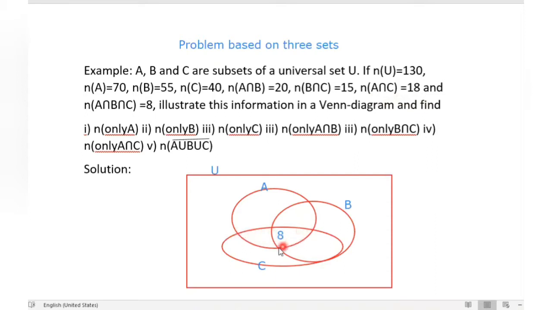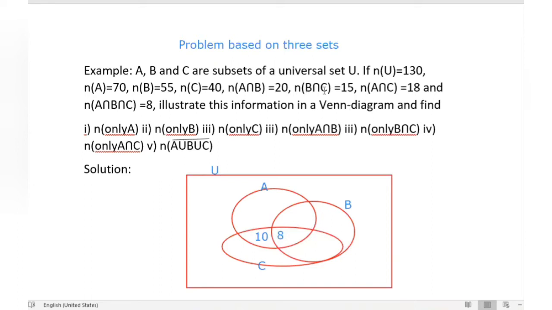This is the portion for A intersection C. 8 is already there. Total we have 18. So how much do we need here? This is a simple calculation, so here we need 10. 10 plus 8 is 18. A intersection C is 18, done.